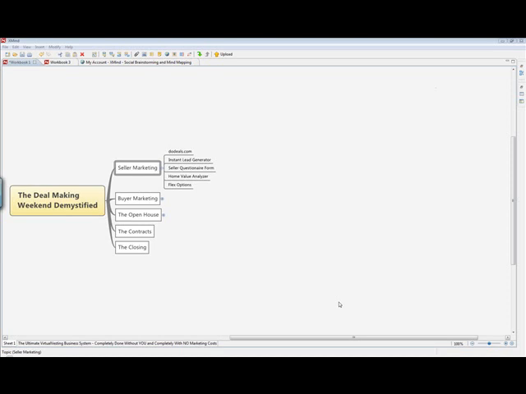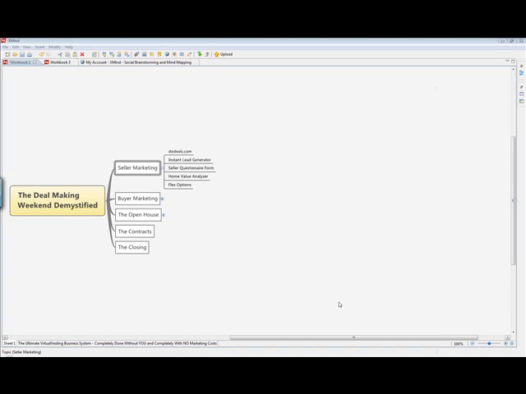But the process, whether you're doing contract for deed or lease option or wraparound owner financing, is pretty much the same. The only thing that's different is when it comes time to closing, the contracts and documents that you're going to use are a little bit different, but the process is the same.